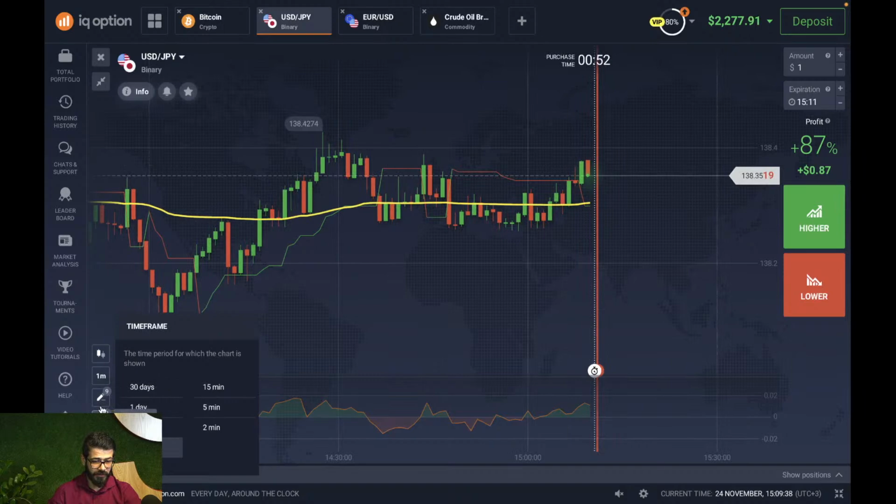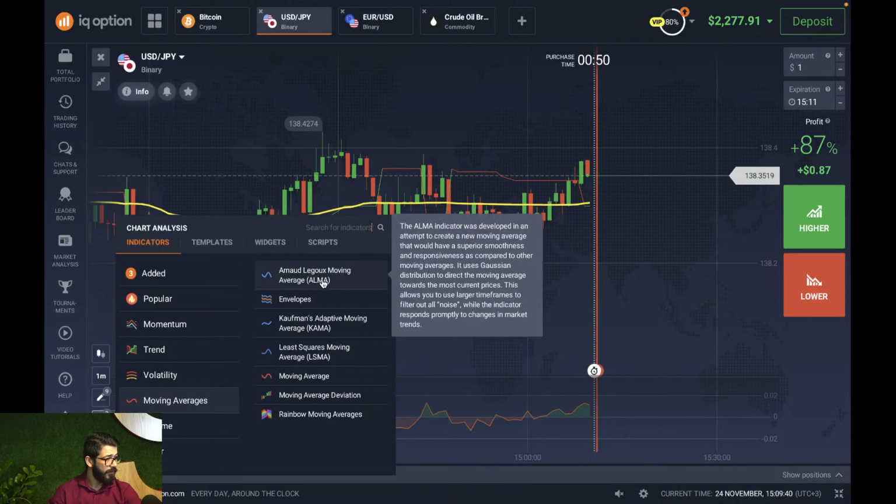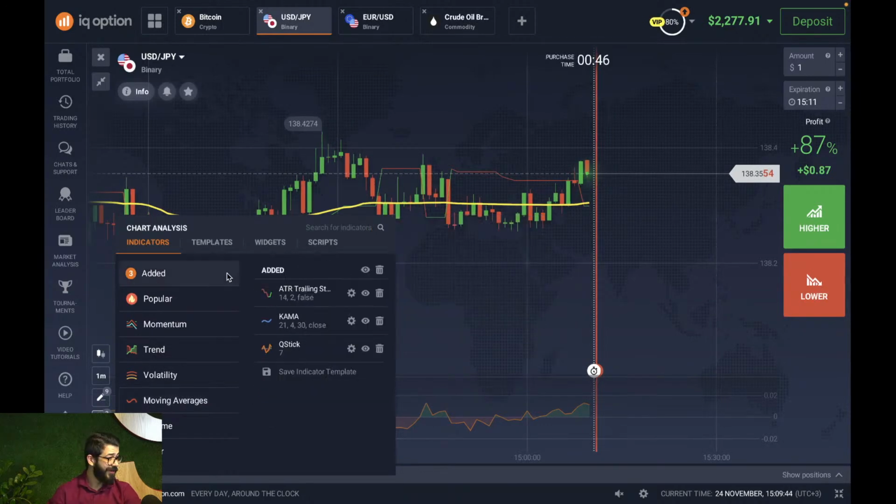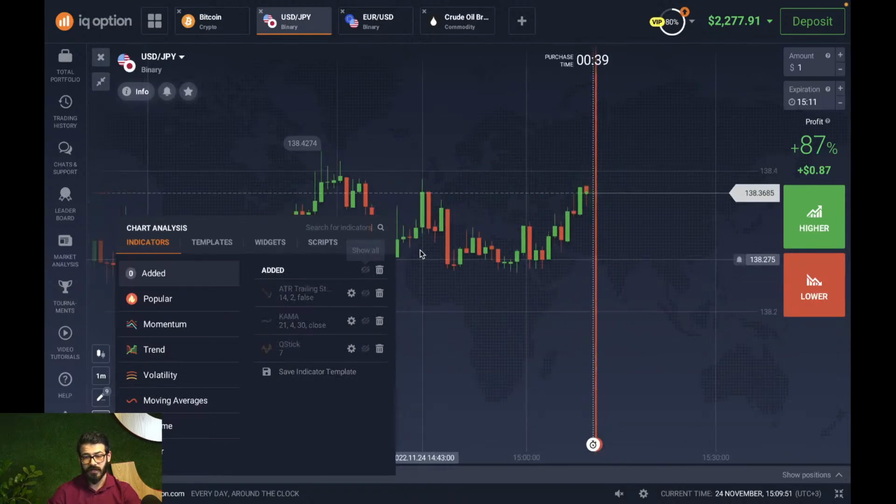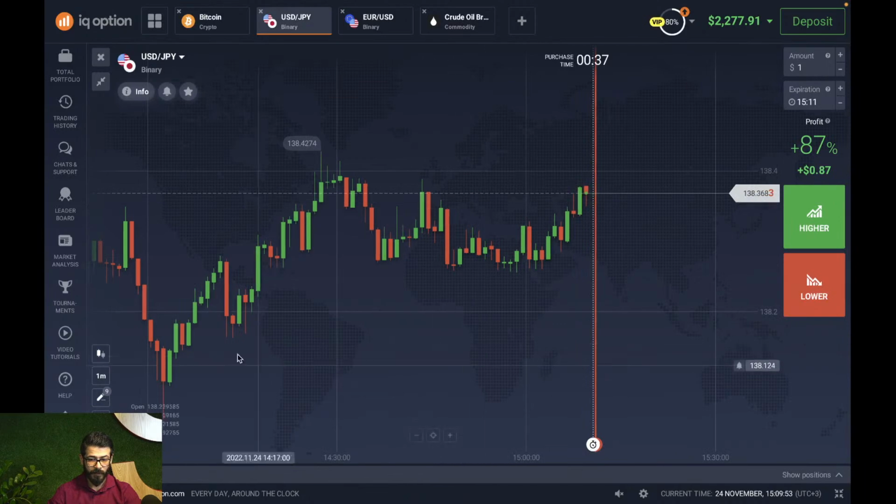We can go to the indicators, okay? You can see everything on my screen. So we can just go here and hide all these indicators so we'll not have to worry about them, okay? And we can take our time to set up our